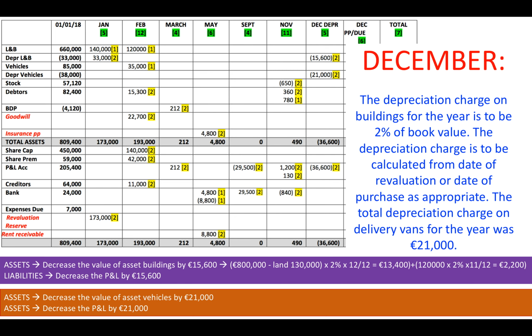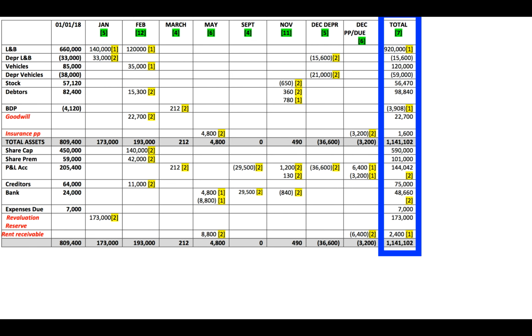Okay, so that is all of your months done. All you have left to do is tot up all of your totals. So you can see there were 7 marks going for that there. You can pause the video if you want to take them down or just tot them up there yourselves. So that is the 2000